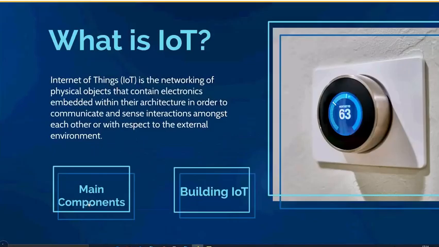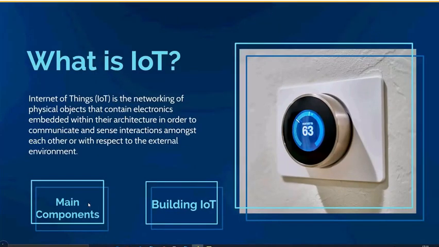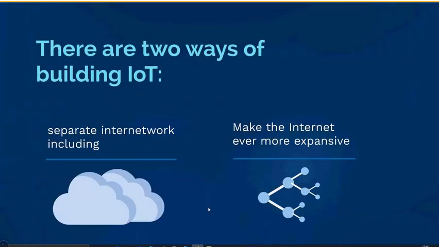In order to be able to implement IoT, we have to accommodate all these things that act as a node in the network. There are two ways to connect these objects. By expanding the scope of the existing internet, that is, all the things would be connected to the internet, and the other approach is to develop a separate internetwork from scratch. Both these methodologies have their own challenges.